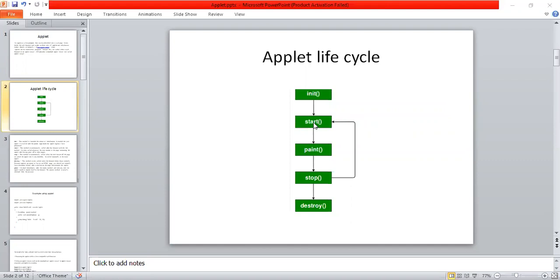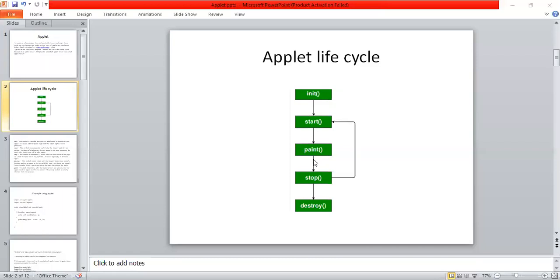The start method is automatically invoked after the init method, after initializing the applet. After the start method, we have paint. This paint method is automatically invoked after the start method. Using this paint method only, we can paint or draw something on the applet.